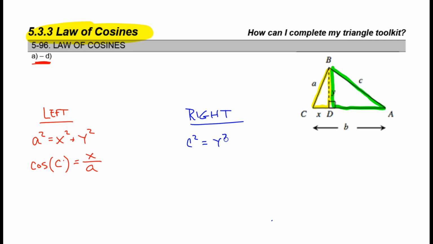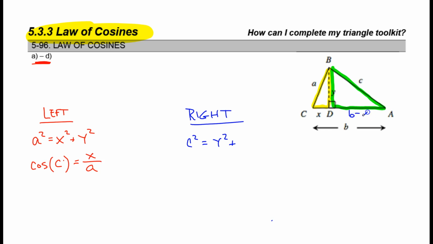So hypotenuse equals leg squared plus... So now here's where I run into a bit of trouble. The other leg in this triangle is this guy right here. That guy right there. And that's not labeled. But I think what I can do